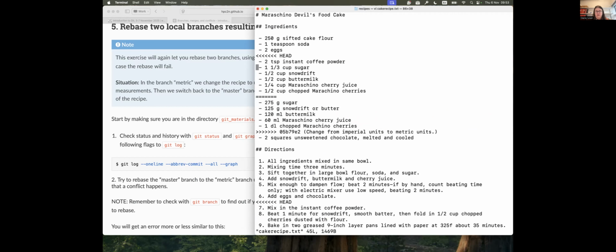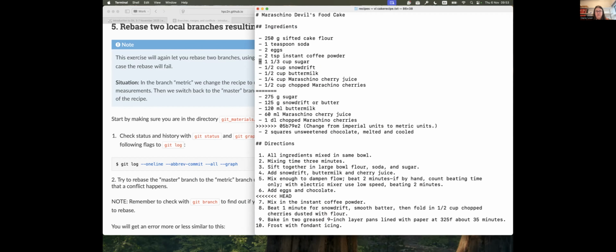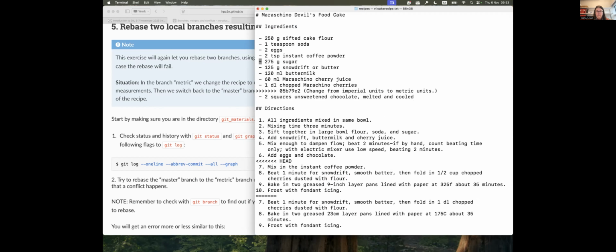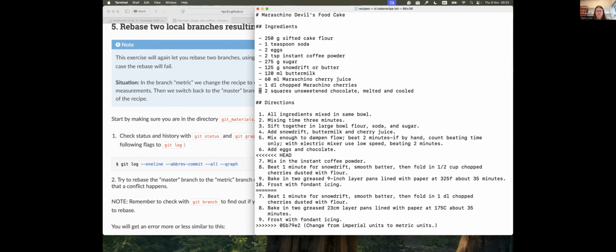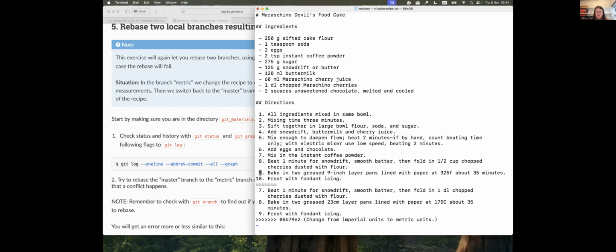Again, I have some metric and US measures, and I have some additional coffee powder, so I'm going to keep that, but remove the American measurements and keep the metric one, and then keep these instructions for the coffee powder,